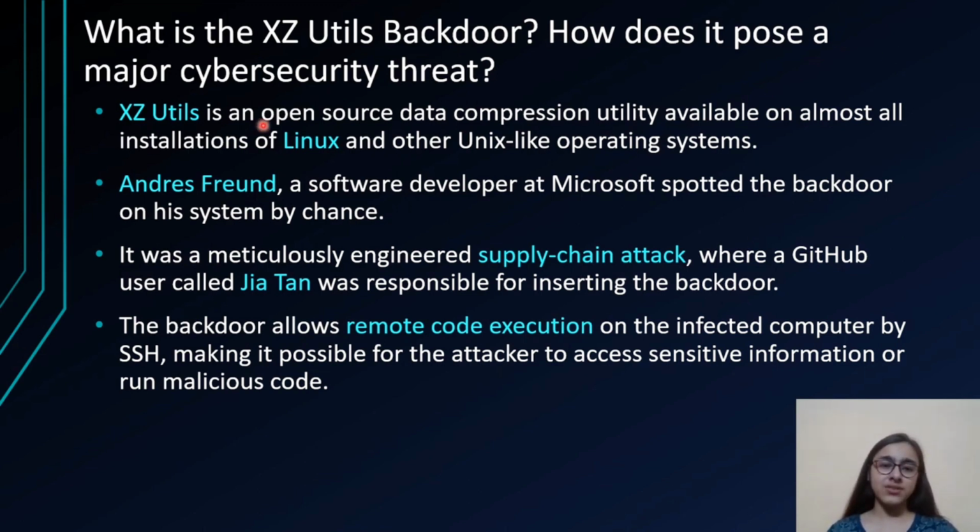So Utils is an open source data compression library which is available on almost all installations of Linux like Red Hat and Fedora and other Unix-like operating systems. So this backdoor was spotted by Andres Friend as a software developer at Microsoft, and it was spotted by chance. And so it was a very meticulously engineered supply chain attack where a GitHub user called Jiatan was responsible for